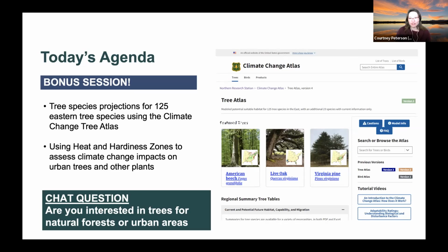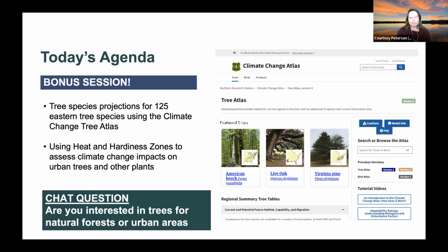I'll give Steve a minute to introduce himself in a second. Basically, we'll be talking about this tool as a way to think about those climate habitat suitability projections. Then we'll run through a demo of what the tree atlas looks like, how you can utilize it, provide an example of how it's been applied on the ground, and then also start to think about some of those other tools